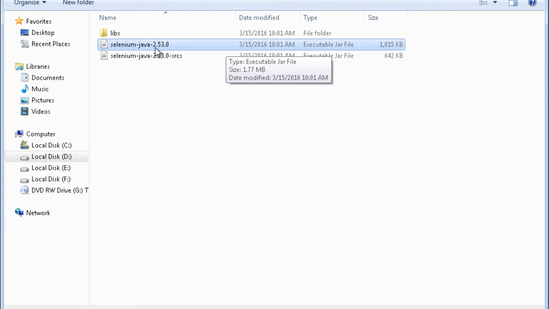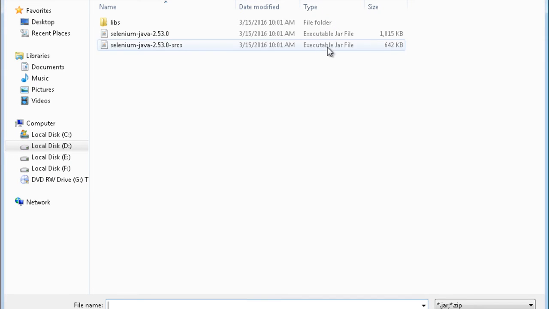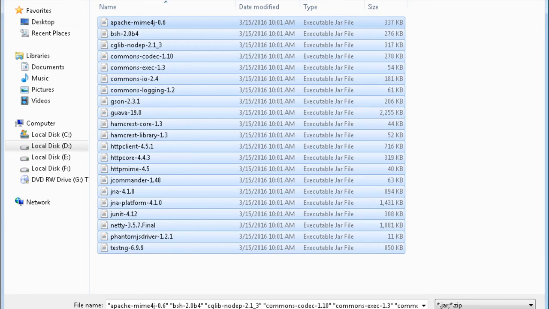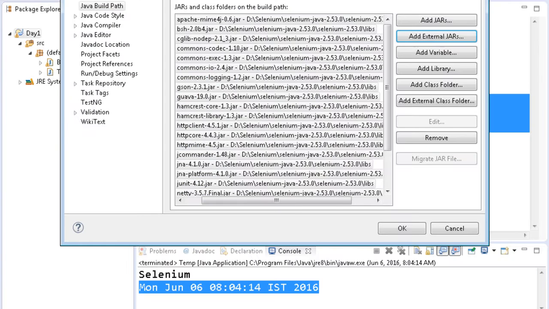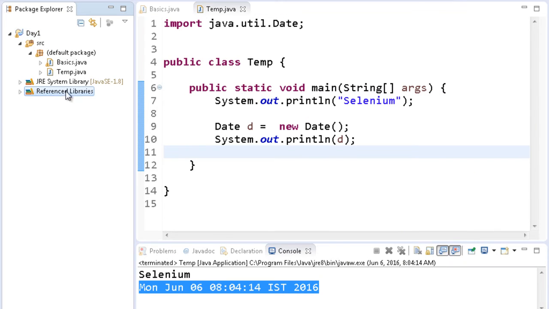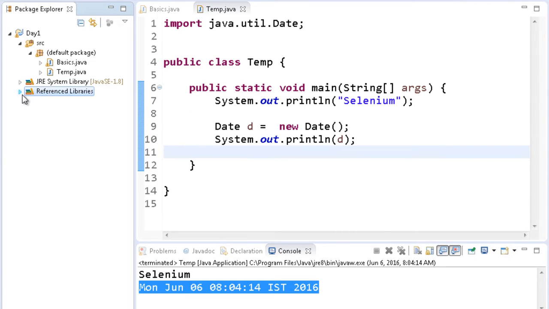This is very important. Click on add external jars and include all the jars inside the lib folder. If you don't do this, your program will not work. When you do this, you will have the reference library section generated, and under that you will have all the jar files for Selenium.